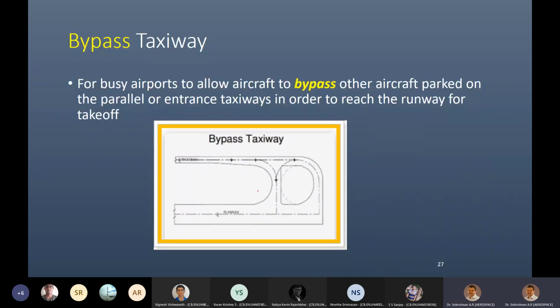Now, the bypass taxiway. A bypass taxiway, again, as the name indicates, is meant for bypassing an aircraft which is parked ahead. So think of a situation where you have a runway here, and let's assume that there is an aircraft which is parked here. Very bad in sketching. Let's just think that it is an aircraft. Okay, so you have an aircraft which is parked here, and now there is another aircraft which is coming,